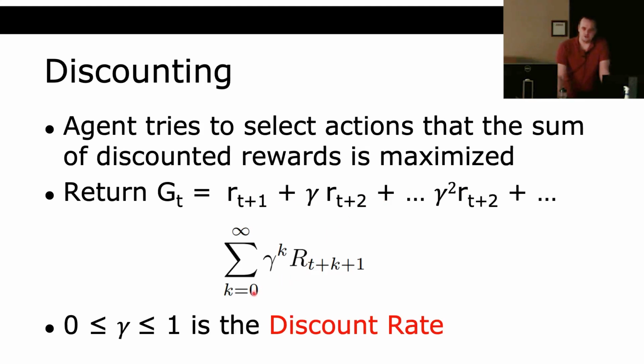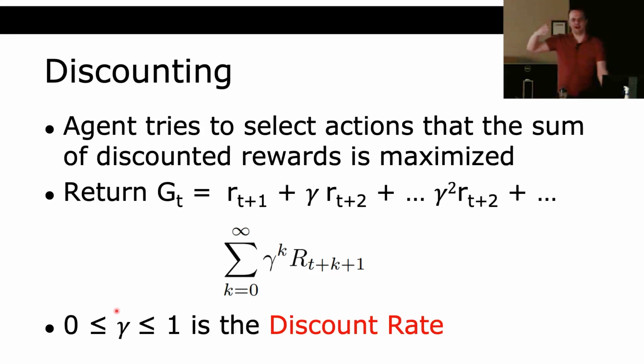If k starts at 0, then gamma to the 0 is a 1, so we multiply our first reward by 1. The second one, k equal to 1, will just be gamma, right? So R t plus 2 is multiplied by gamma. The third one will be gamma to the power of 2, so gamma squared, and so on and so forth. And the reason it's called a discounting factor is that if gamma is between 0 and 1,